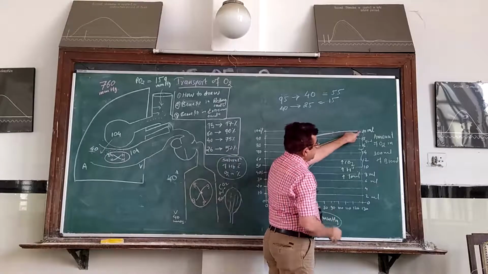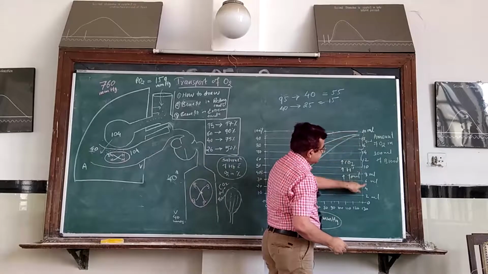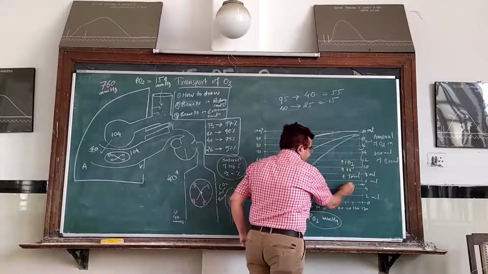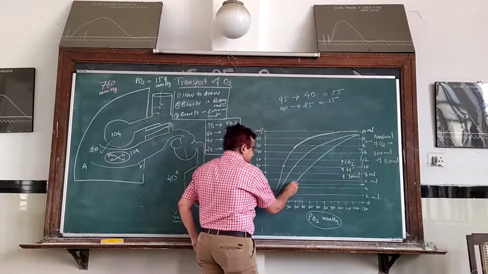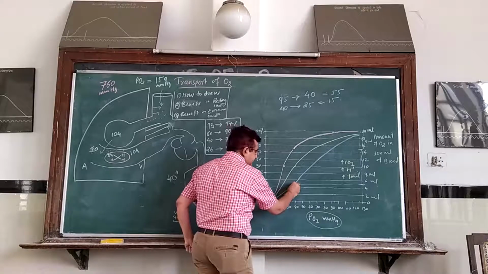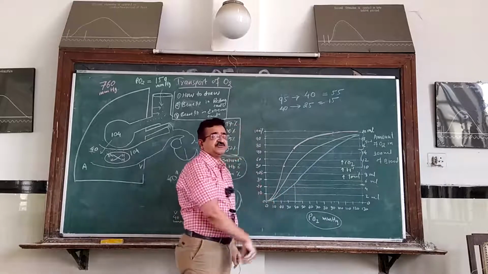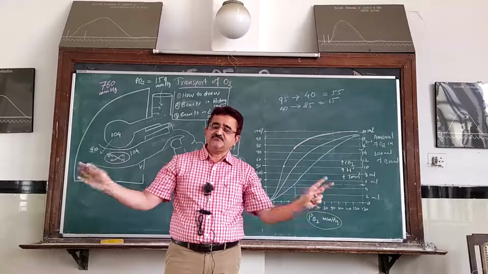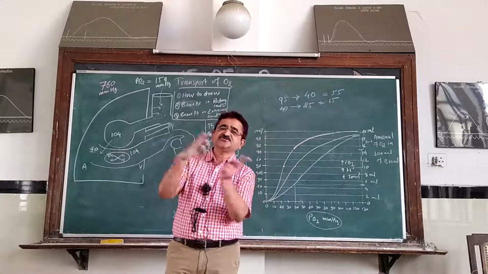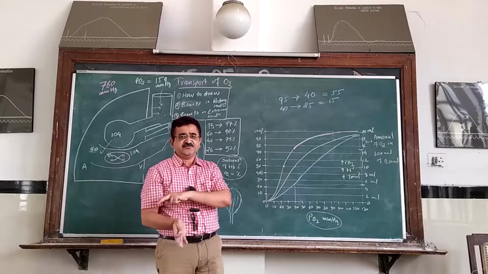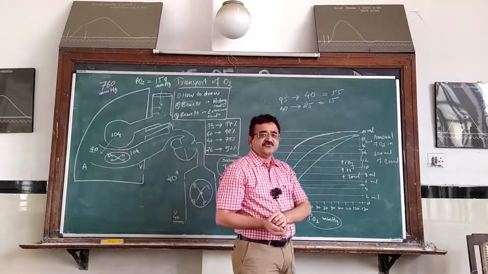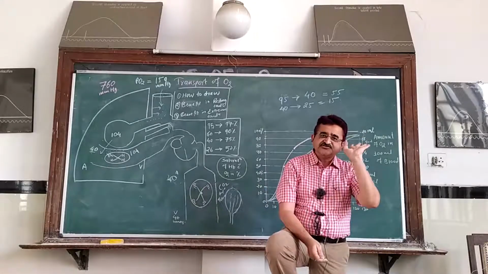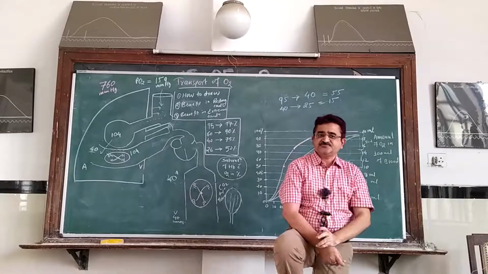The 15 ml means 20 minus 15, that is, we should reach the 5 ml. And at the 5 ml, how much is the saturation? This is the saturation, and how much is the PO2? Again, the PO2 is 14 millimeter of mercury. No change in the PO2, but there is delivery of O2 just because of shifting of this curve. This is the beauty of this hemoglobin. Whatever be the situation, it gives a sufficient amount of O2 to the tissues.